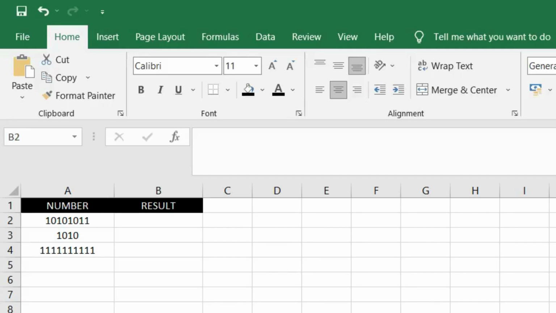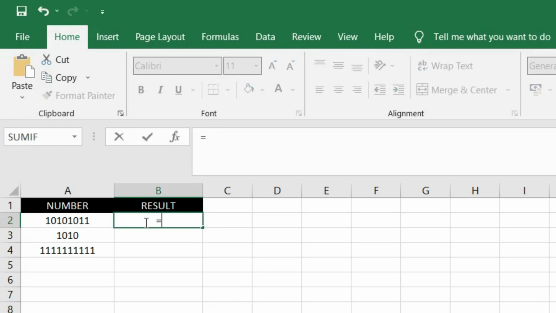Hi! In this video we will understand how to convert binary numbers to hexadecimal numbers using the BIN2HEX function. We have the given binary numbers we want to convert. To convert 10101011 to hexadecimal, we type equals